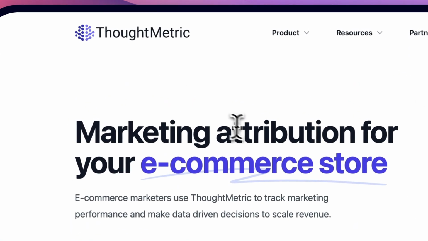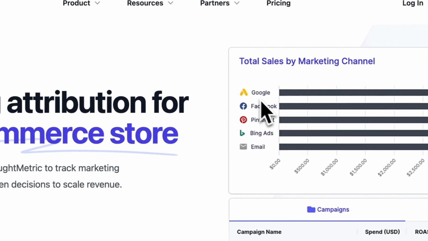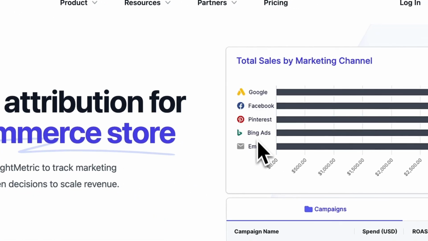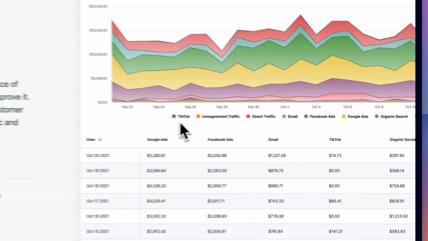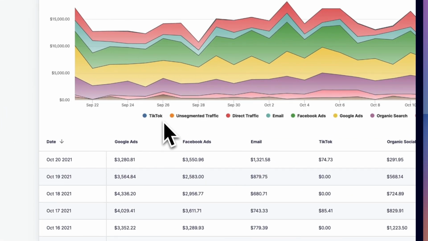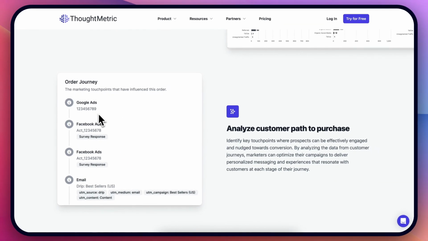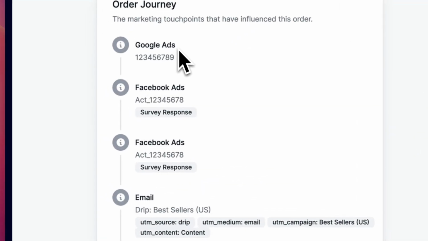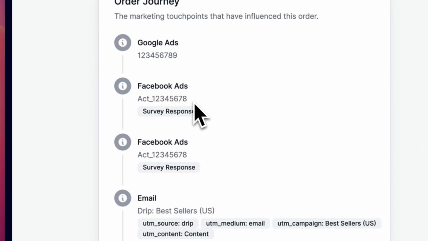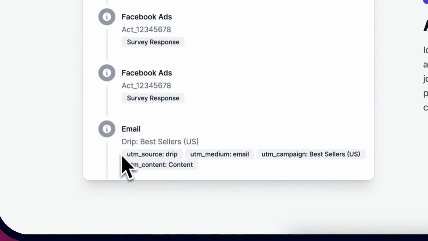ThoughtMetric is a must-have tool that helps you with attribution for your different marketing channels. So first of all, you basically connect all of the different ads that you're running, let's say TikTok, direct, email, Facebook ads, Google ads, and so on and so forth. ThoughtMetric then helps you to understand the purchase path. So if, let's say, someone came from Google ads, then went to Facebook ads, and eventually ended up making the